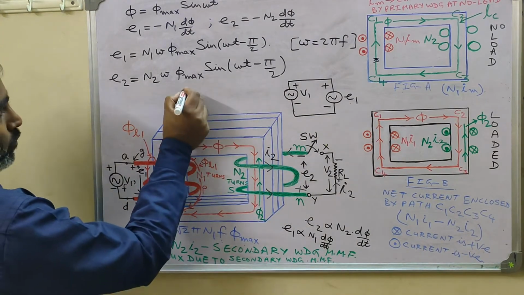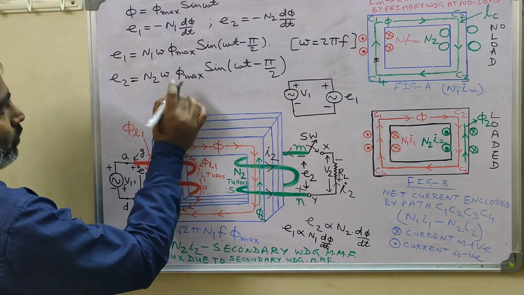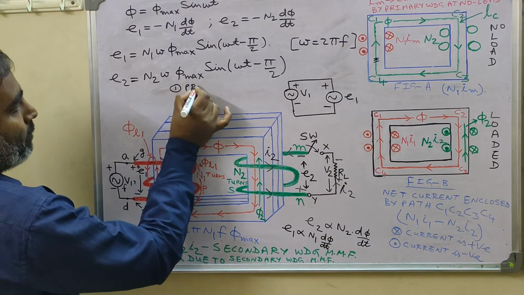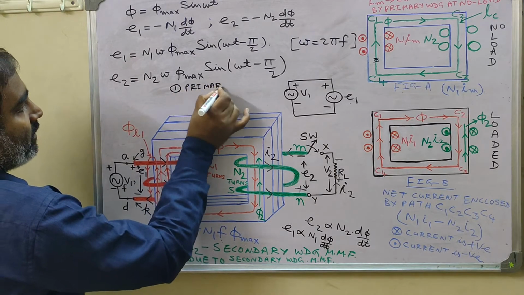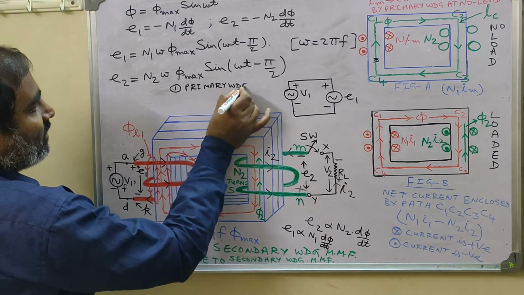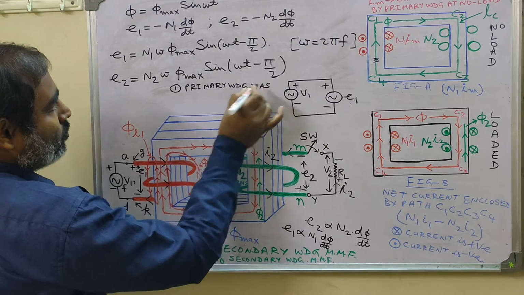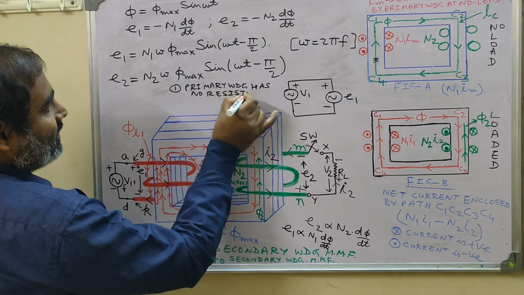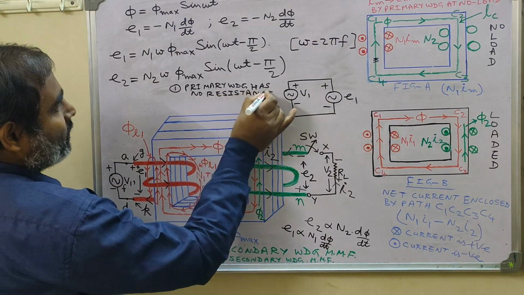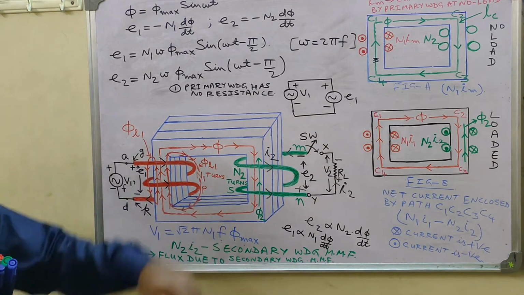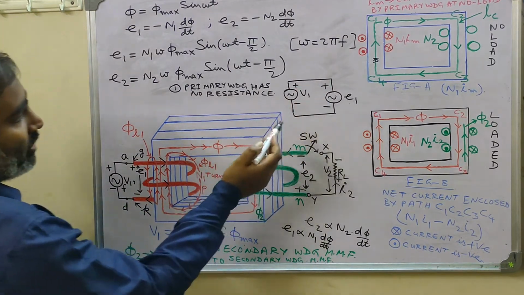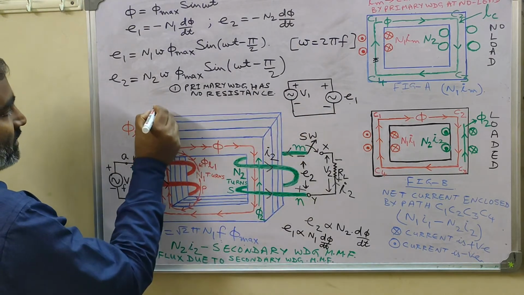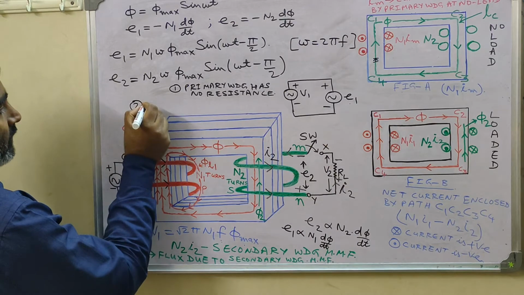Now while drawing this thing we have made two assumptions. What are the two assumptions? Let me write in quick succession those two assumptions. Number one is that primary winding has no resistance. So we are assuming primary winding has got no resistance. Otherwise, there would have been some voltage drop, resistive voltage drop in the coil. So that should have been included in this circuit model, which has been drawn for the primary coil P and the applied voltage V.